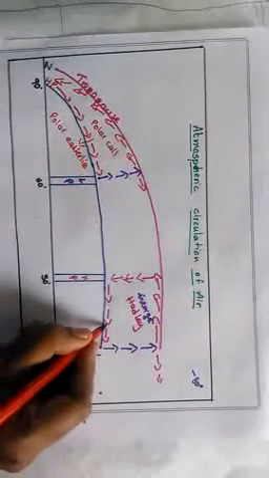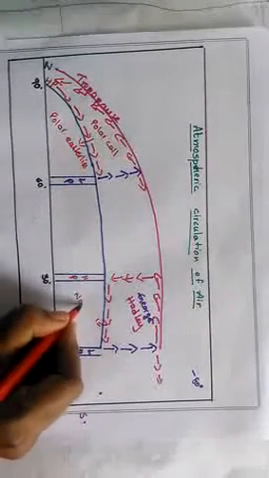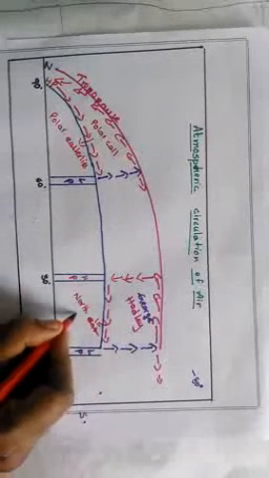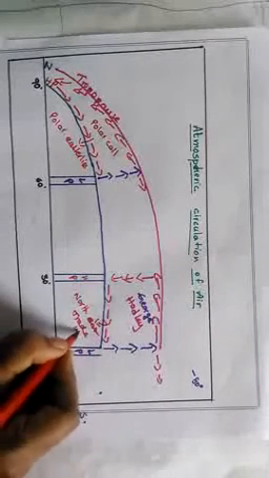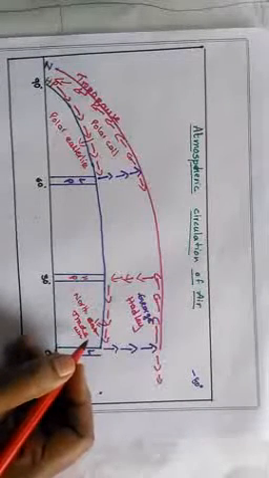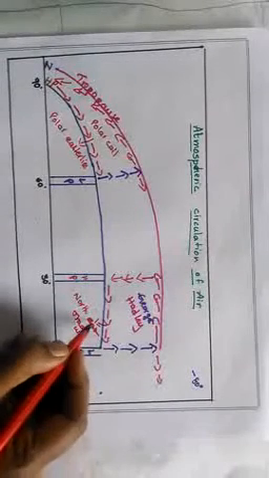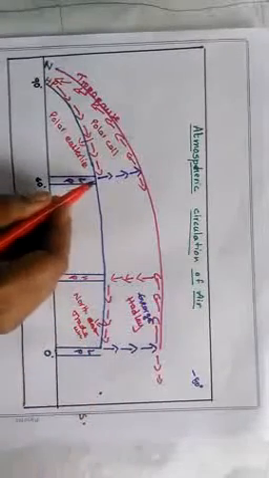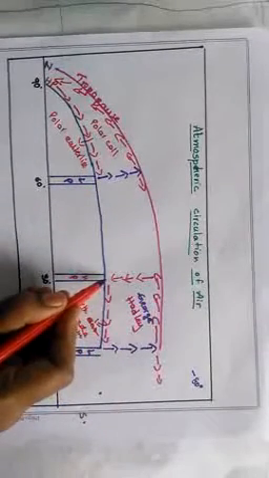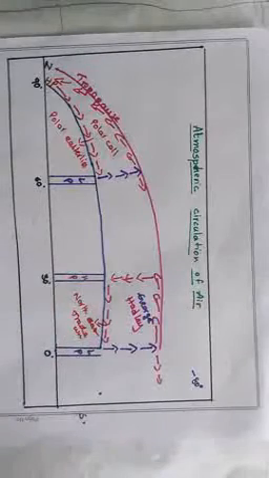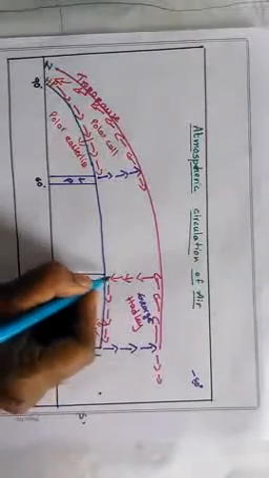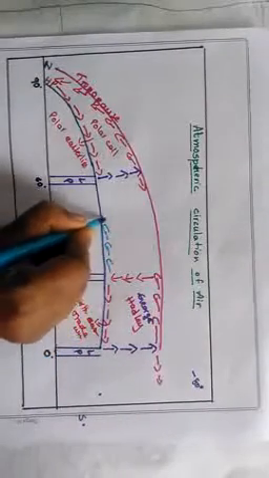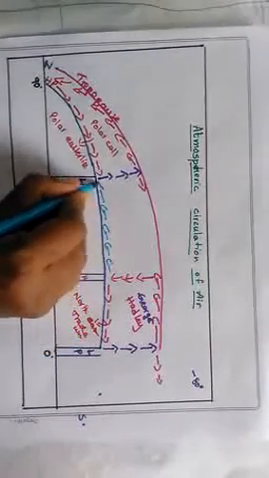The winds which are blowing here are the northeast trade winds, or they are also called the northeasterlies. So here a low pressure area and here a high pressure area is created. According to our concept, the air is moving from high pressure areas to the low pressure area towards the 60 degrees latitude.